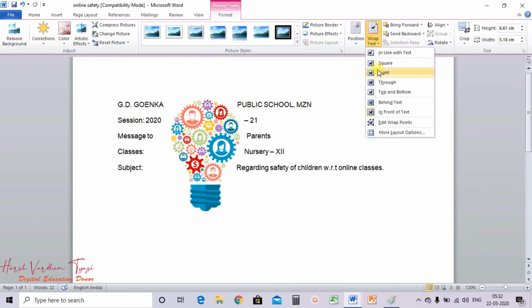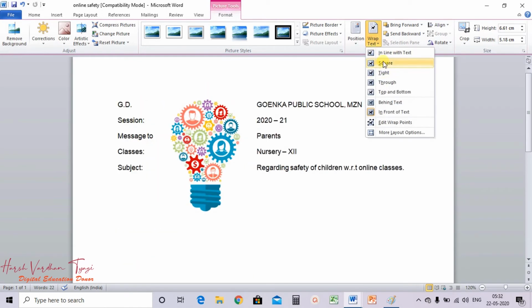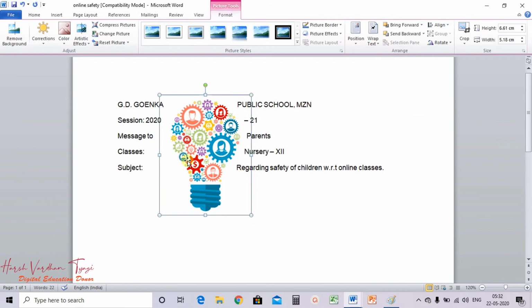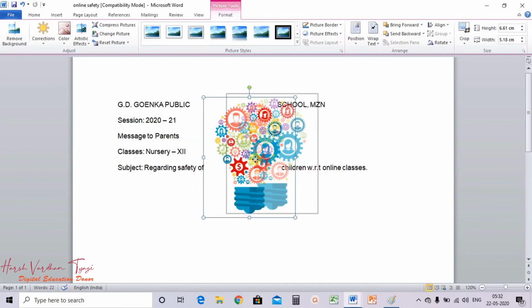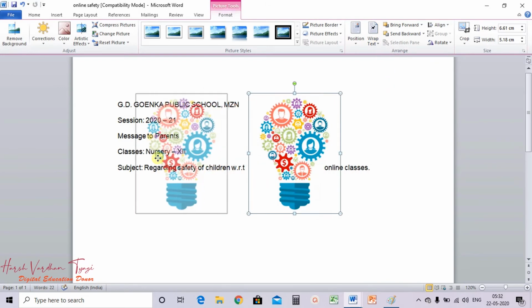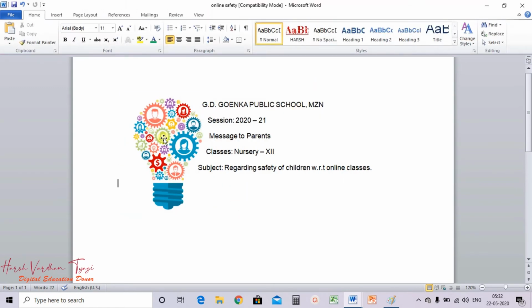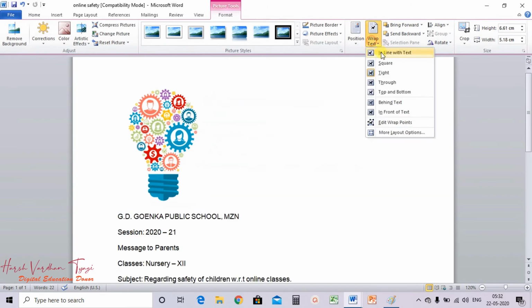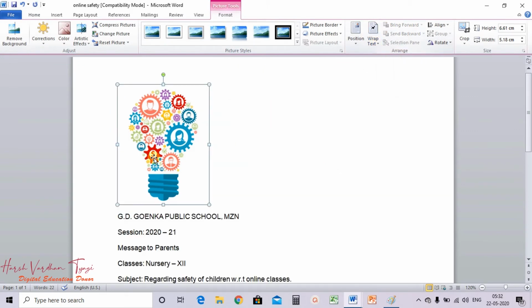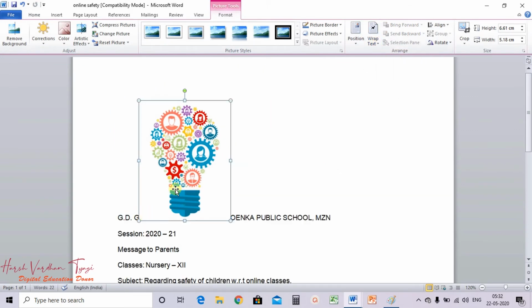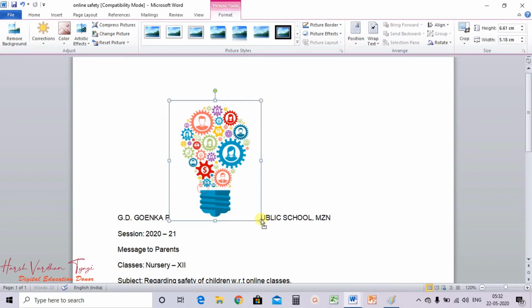The better one is that you can select tight, so the text will adjust itself evenly. If you are not selecting any of this, so what will happen? In line with the text, it will disturb the text, and it will disturb the image.